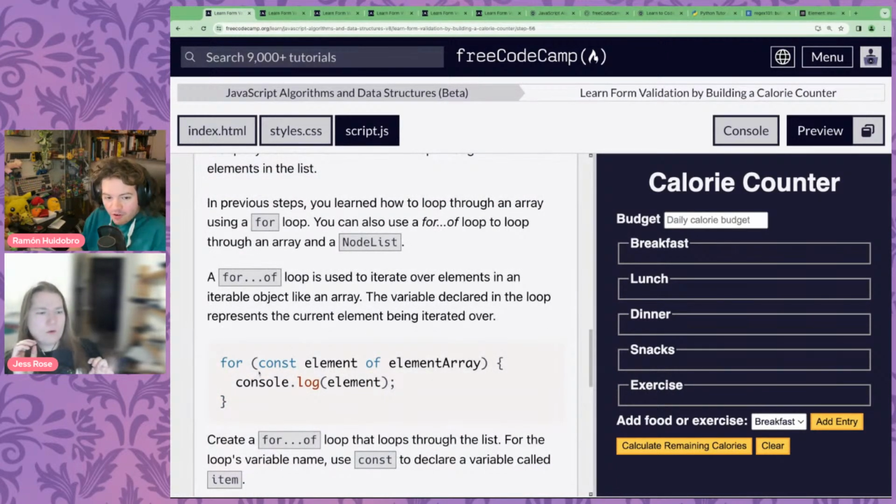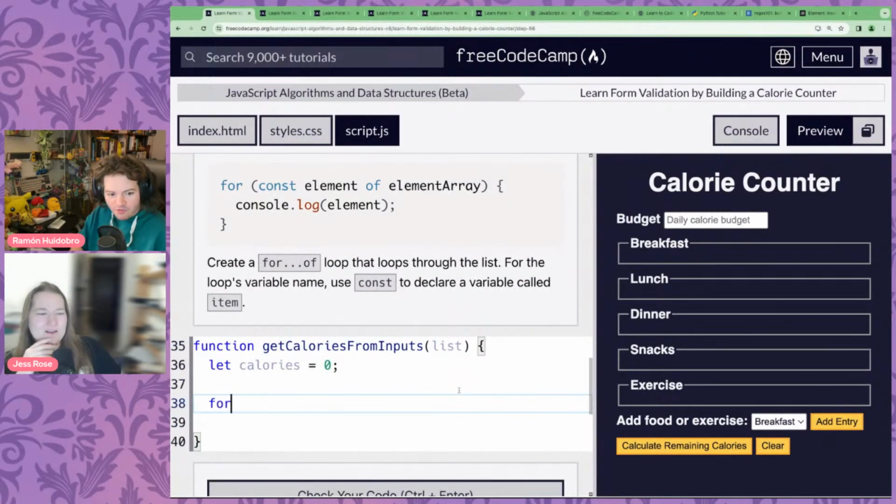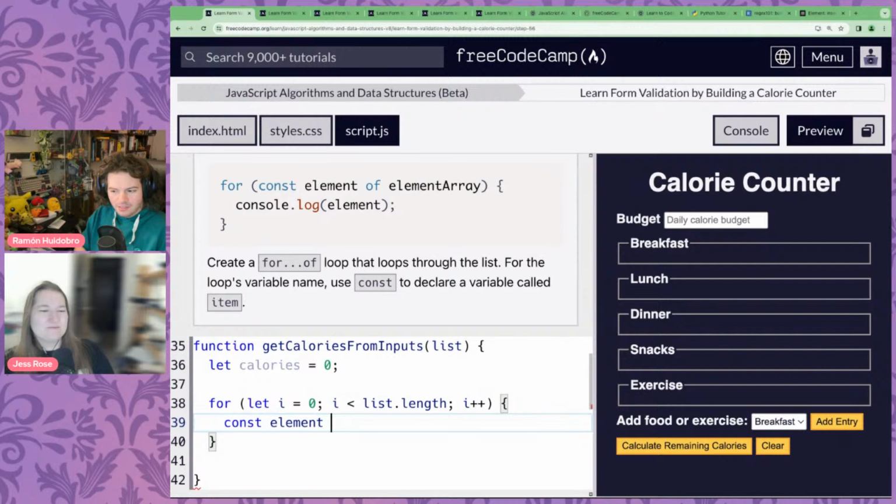So we're gonna loop over our NodeList. Before we look at this new type of loop, let's just look at how we would usually do a for loop, and we've done this before. So for, smooth braces, let i. I think it might have been Tina who let us know that i usually stands for iterable or iteration. So there's our for loop, and we want a const element equals